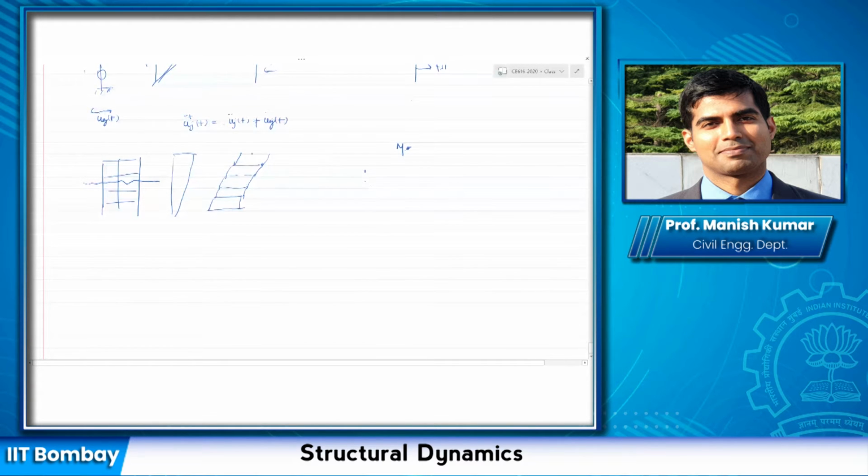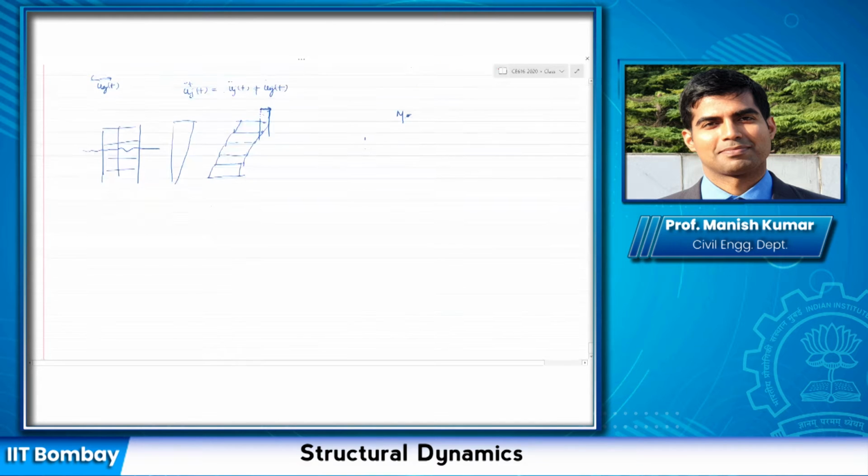Whatever the deformation at different stories is, it is called drift. So we are going to define a story drift. Many times you would have heard story delta j, which is basically the story drift. So this is the first story level, this is the second story, this is the third, and so on. Now delta j at any story j is basically Uj, the deformation at that level, and the level below, Uj minus 1.